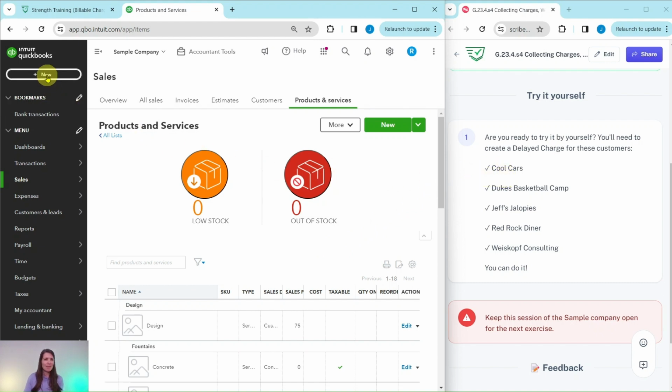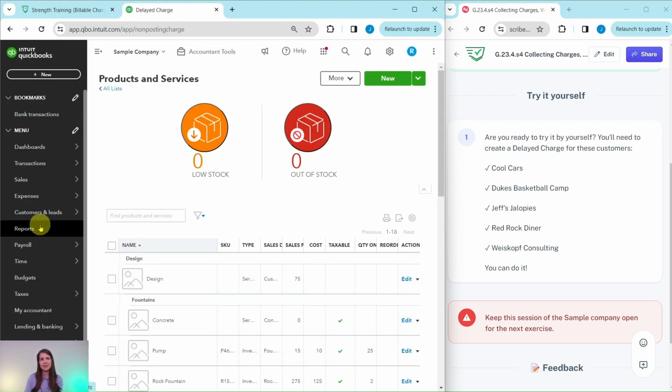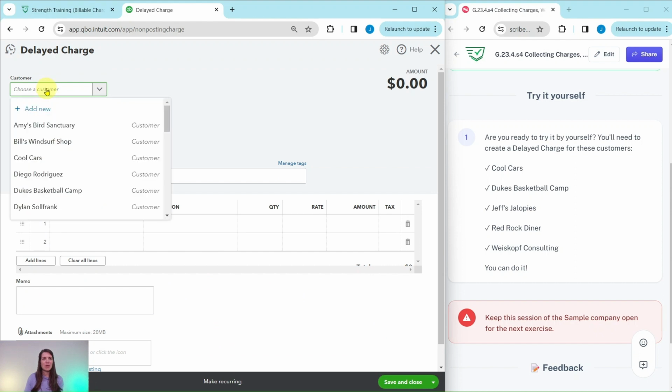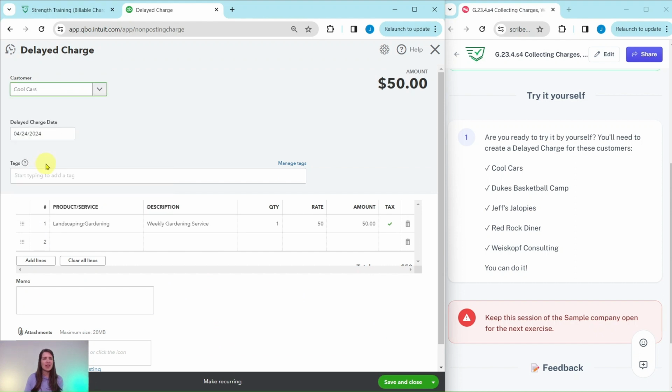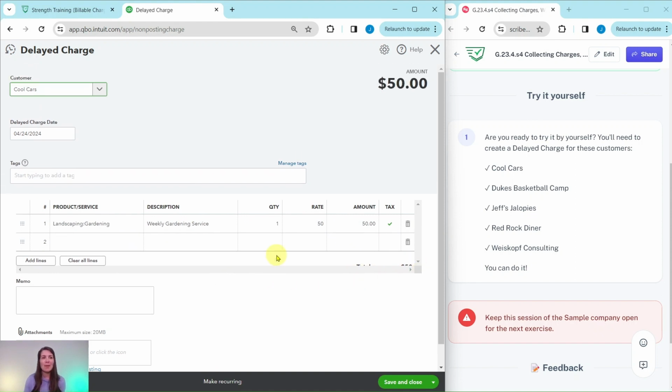So I'm going to click on that plus new button on the top left corner under customers, selecting delayed charge. In the name field, I'm going to select Cool Cars. The information is automatically showing up for me, and so I'm all done here. I'm just going to go ahead and click on the green Save and New button. There's going to be numerous charges to do, so I'm going to click on the down arrow, select Save and New, and that delayed charge has been saved, and now I can fill out the next one for